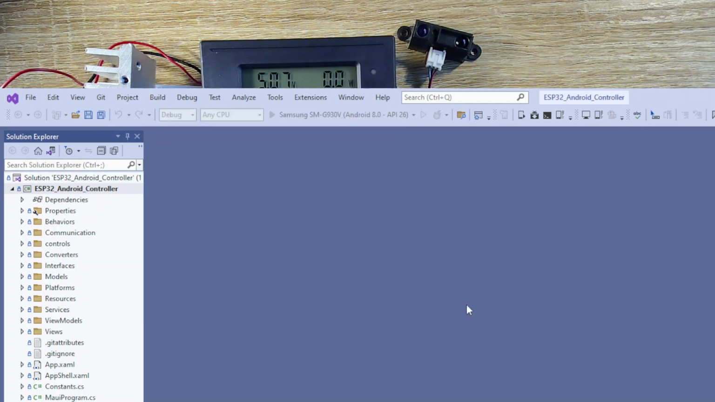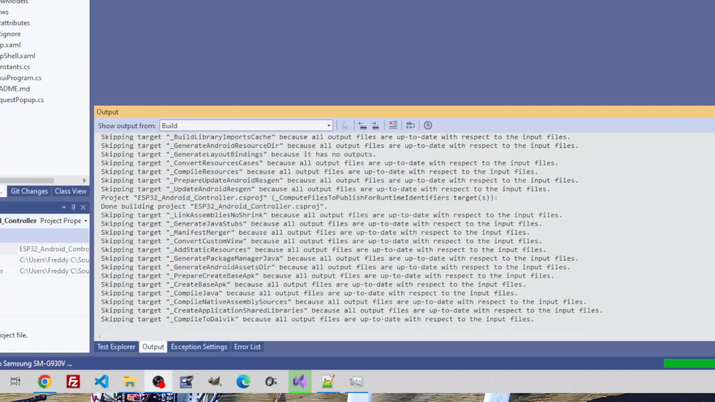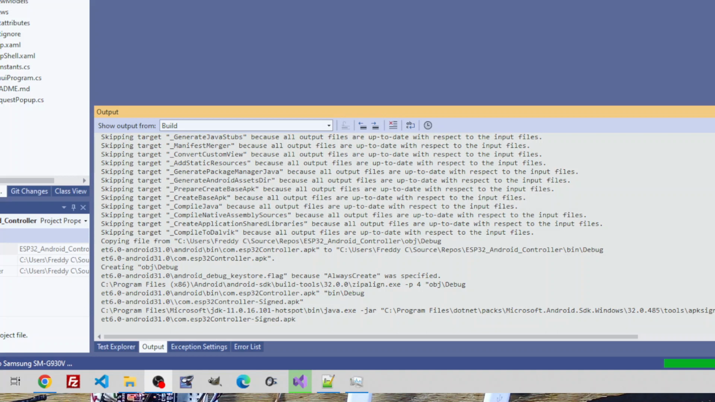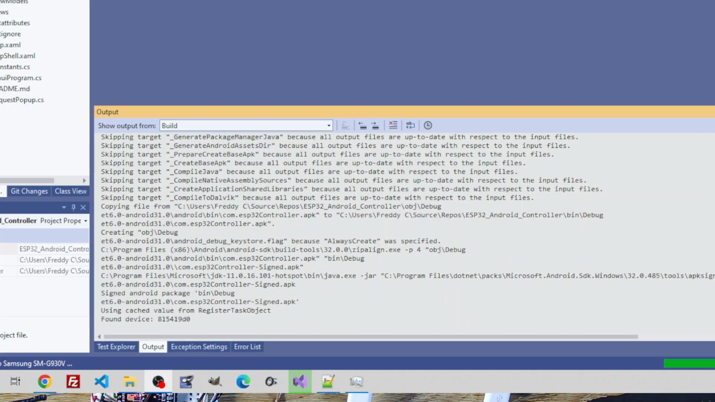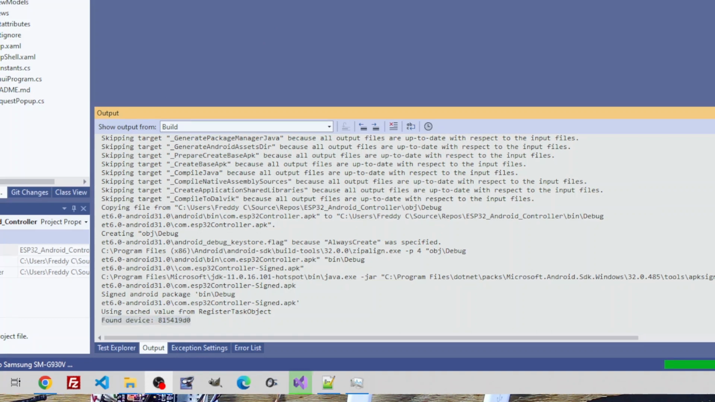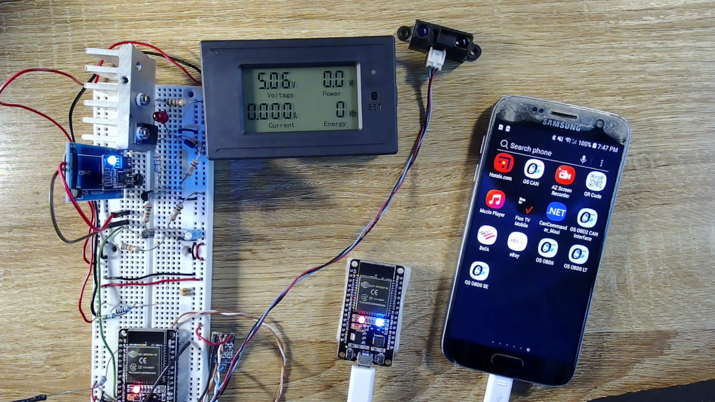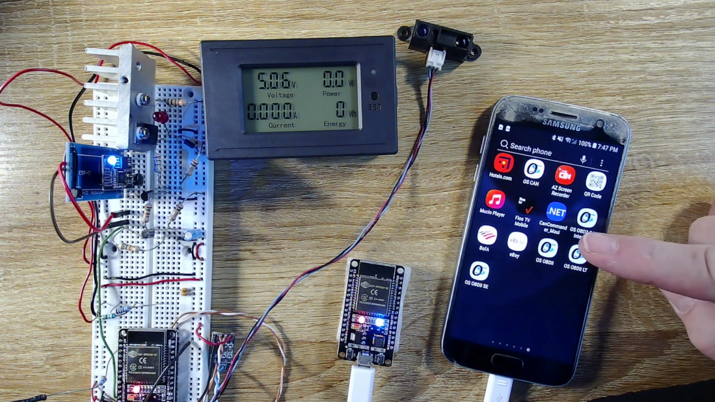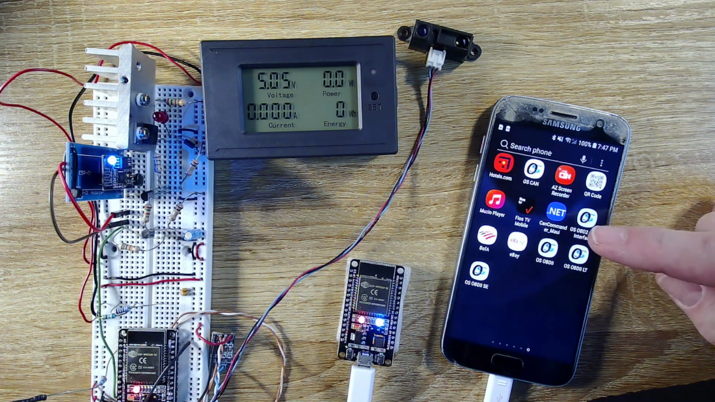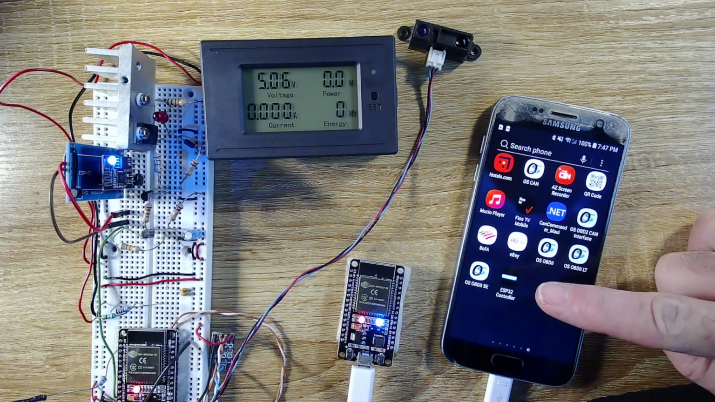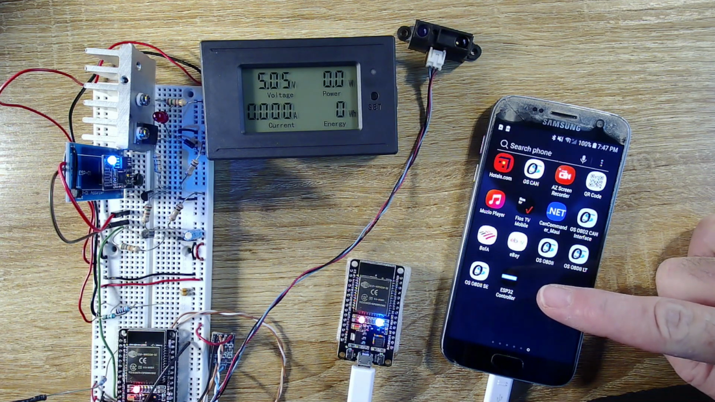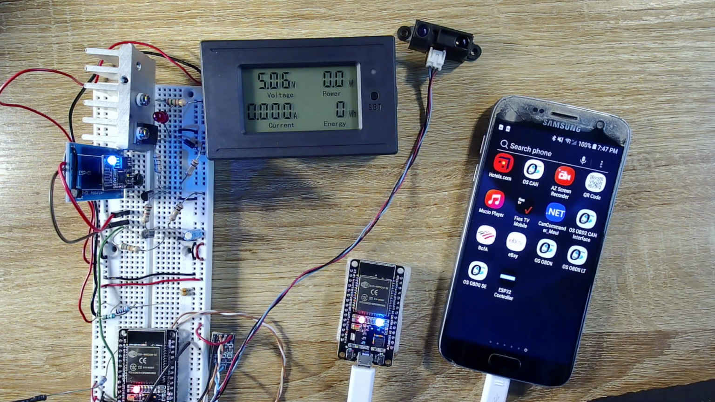So basically what's happening now is down here in the bottom, it's running. See here where it says found device. That's a good sign. That means that we are now hooking up to our Android. So now there it is. See how the icon just popped up? And now we're actually running in real time